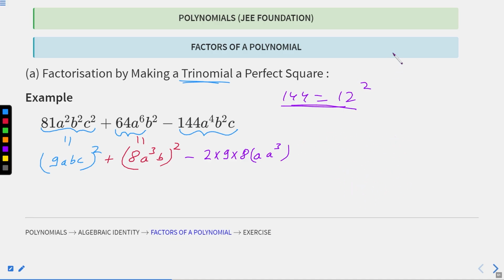Now 2 times 8 times 9, and this b square can be written as b times b. So if you recall, this is my a, and this is my b, b is equal to 8a cube b, and a is equal to